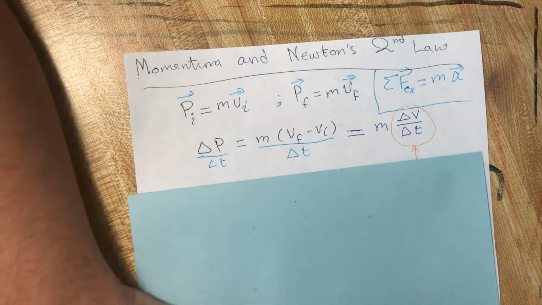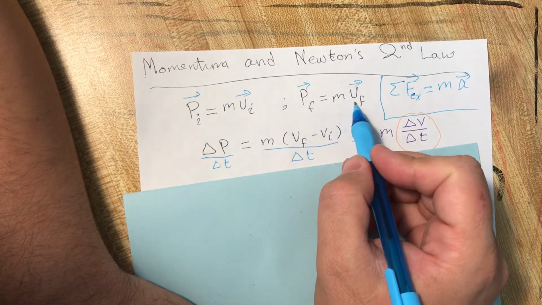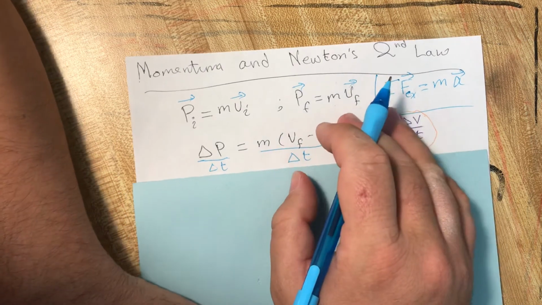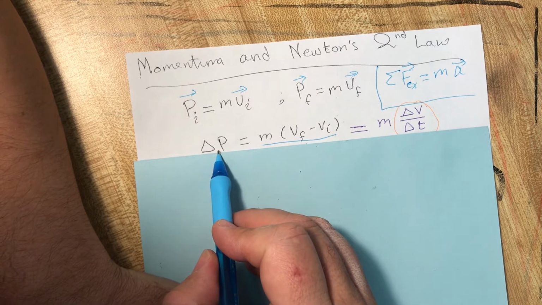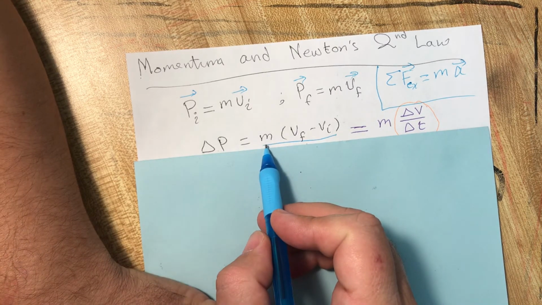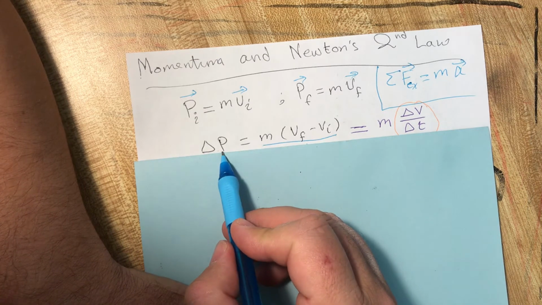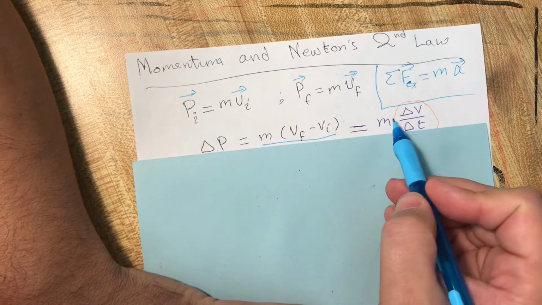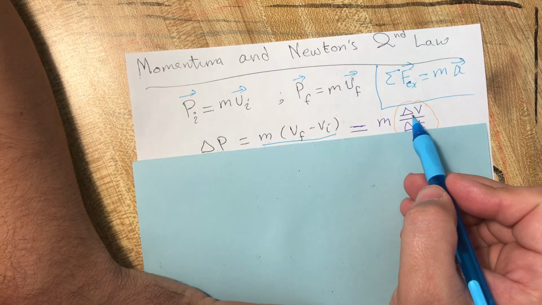The final momentum value is also equal to mass multiplied by the final velocity. The change in momentum, from the previous examples, is equal to the mass multiplied by the change in velocity, m (v final minus v initial), which is m delta